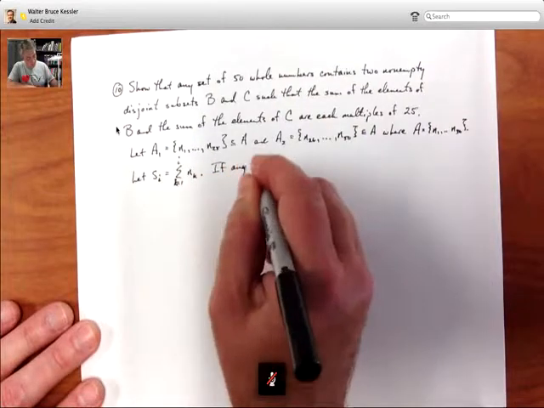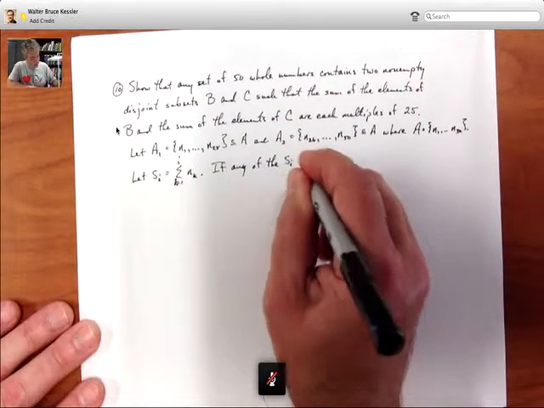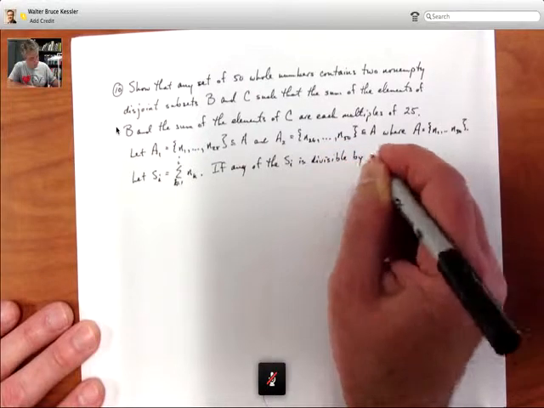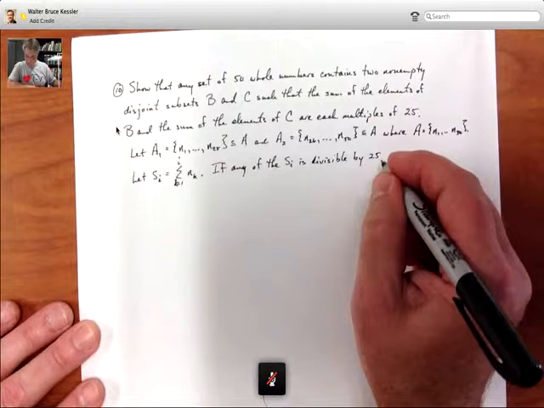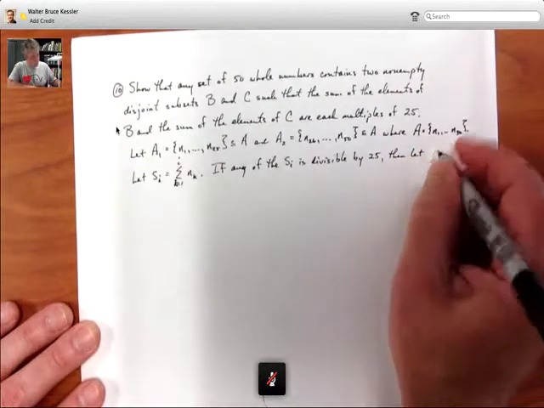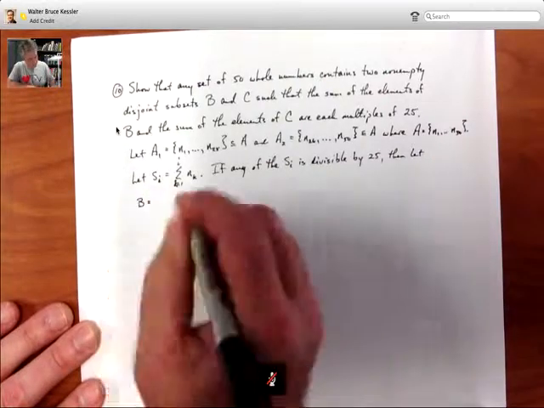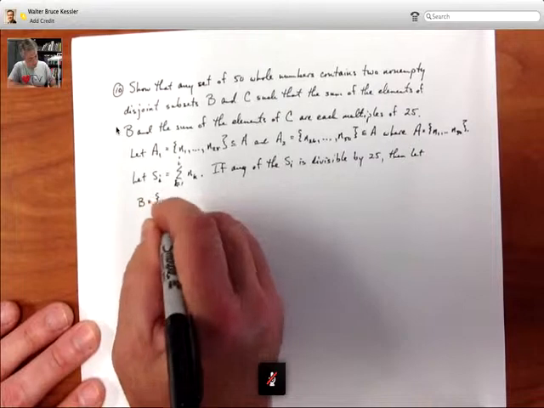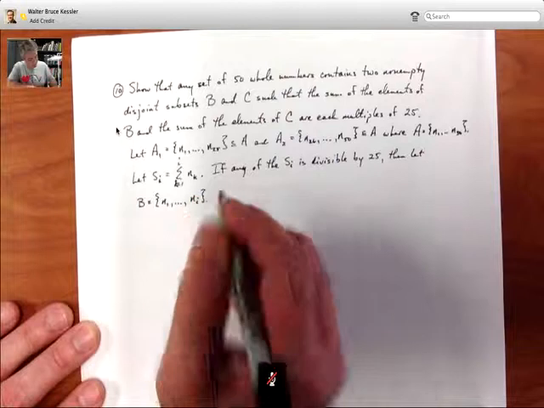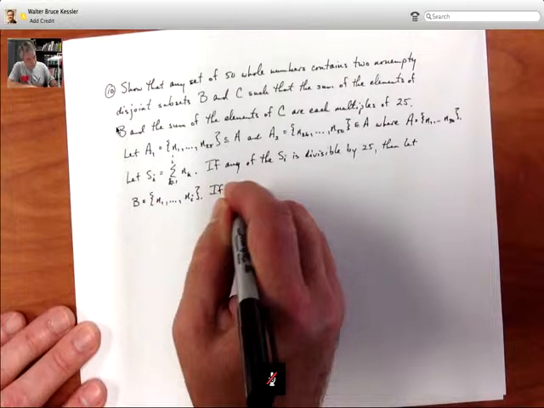If any of the S sub k is divisible by 25, then let B be the things in that set, you know, the N1 through N sub k. Okay? If not,